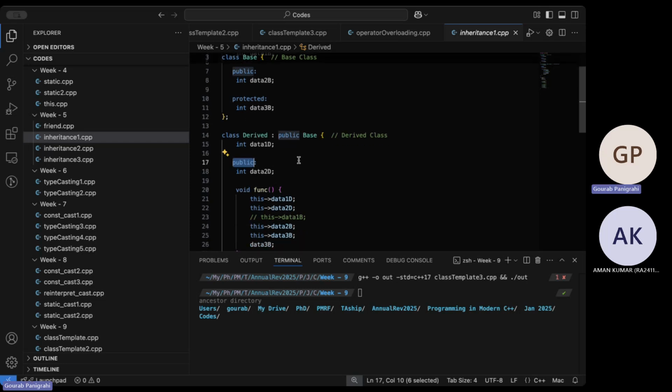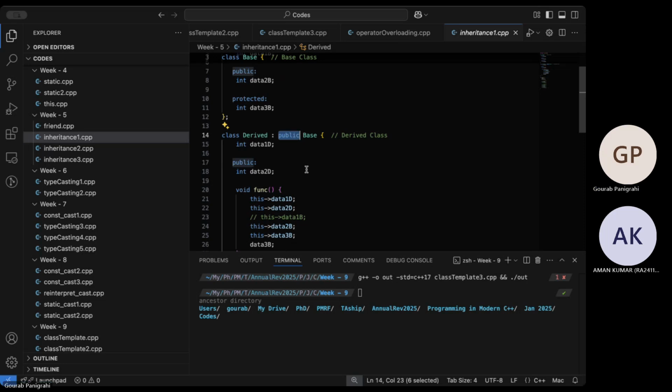So derived two ideally should also have the members of the base class, but since it was done with private inheritance, it won't have. That's correct. That's a good way of thinking about it.